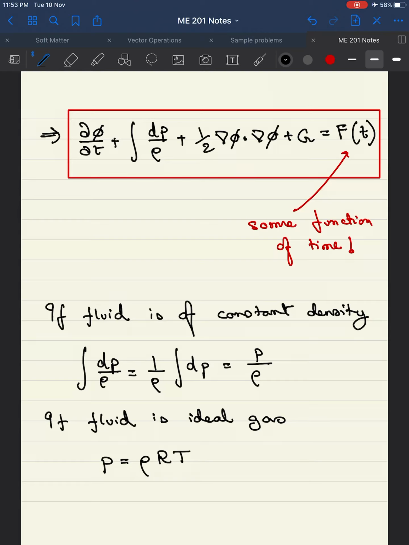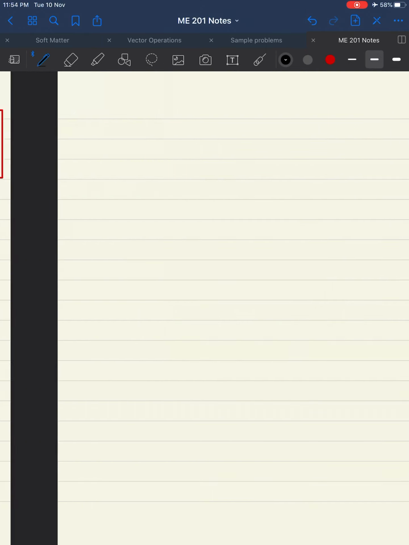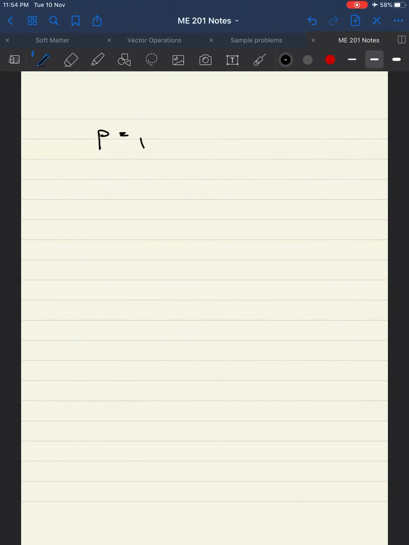Now here, of course, temperature can also vary, so let us say that temperature is constant. Take the isothermal case. So let us say that my pressure is some rho times R times some T naught. Then what will be my